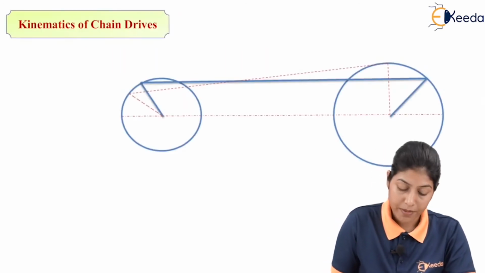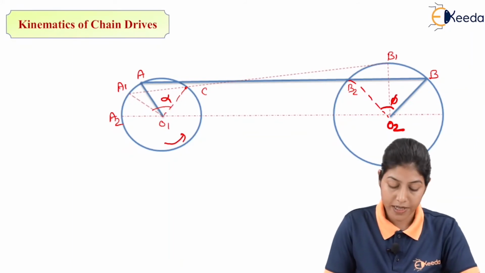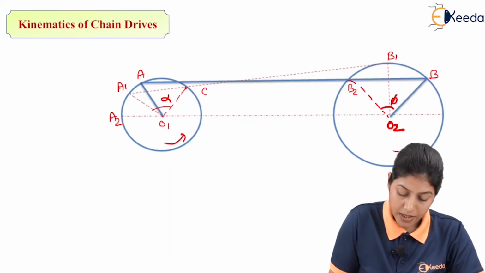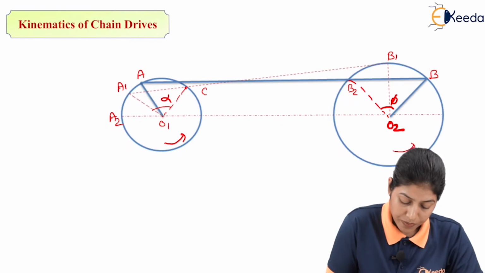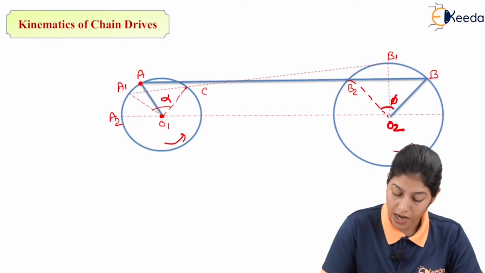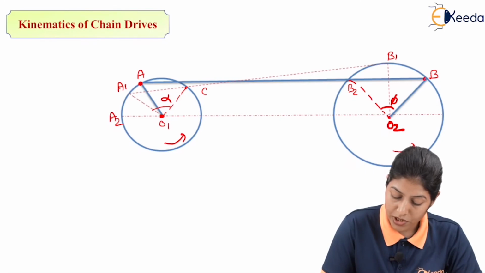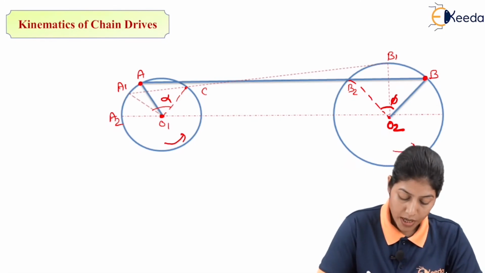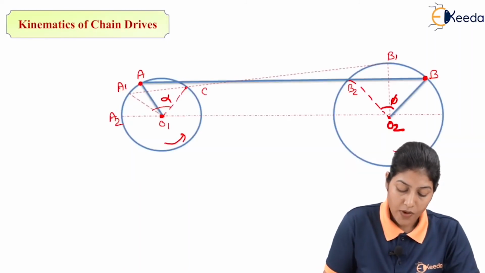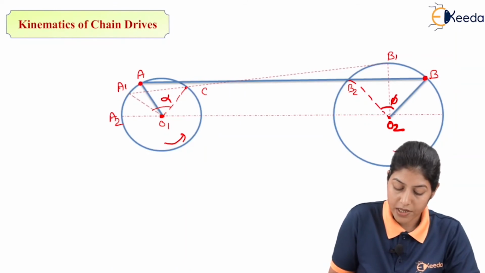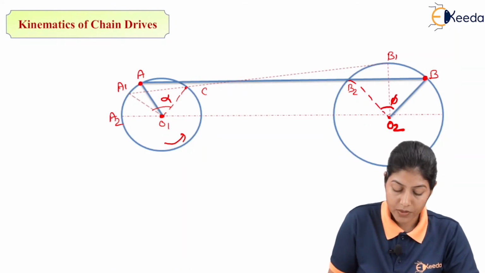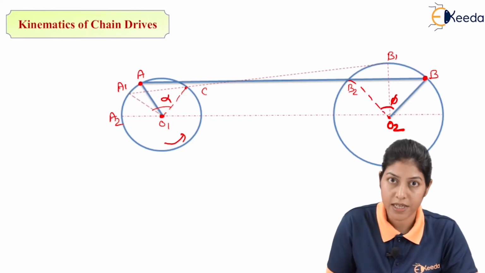So here we have this diagram. If we want to define the instantaneous center, let us consider the first position. At the first position, the radius we are considering for the driving sprocket is O1A. A is the initial position and at the same time the initial position on the driven sprocket is B. So O1A and O2B we will consider. If we consider these as two sides of the 4-bar chain mechanism, with the help of this we will determine the instantaneous center.